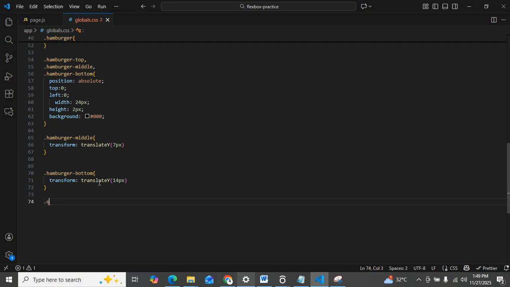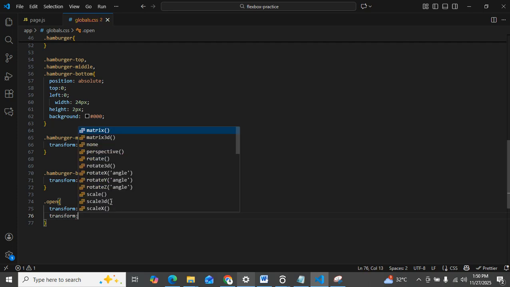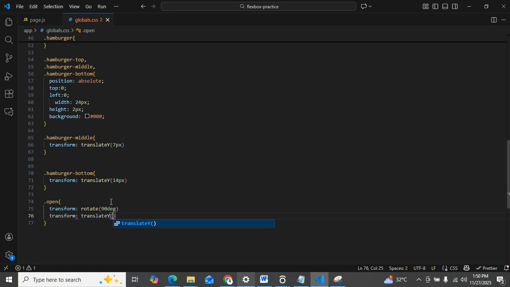what we're going to do is to say dot open first, because that's a class, dot open. So here we're going to add the transform, rotate by 90 degrees. You can study more about CSS transform. So transform, then translate, you can translate by 0 pixels, and then